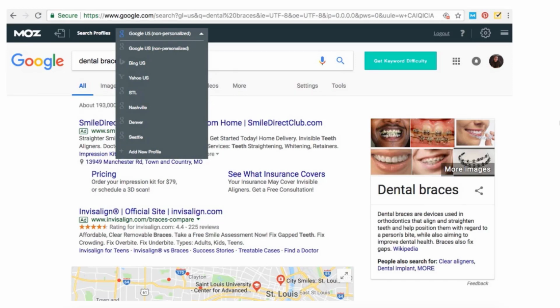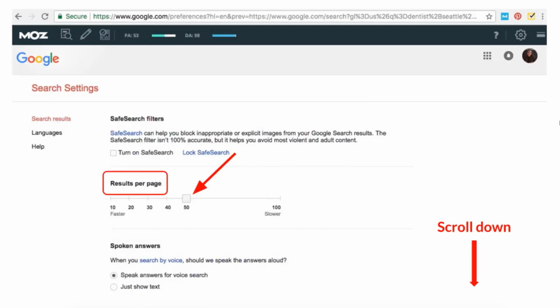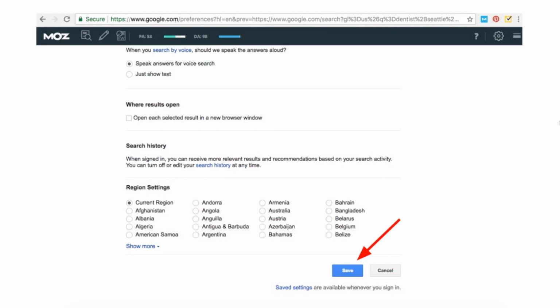So let's say, for example, I'm in Chicago, but my client or my company's location is in Seattle. I can change the location to see the results for Seattle. Now there's one other thing that you'll want to do as well. One other setting you'll want to change is your Google search settings. So click on Settings in Google, and from the drop-down menu, select Search Settings. You'll land on this screen, and then under Results per Page, select 50. Now you'll scroll down to the bottom of this screen and click on Save. Now we'll see 50 results on the first page of Google instead of 10, which will make our export more